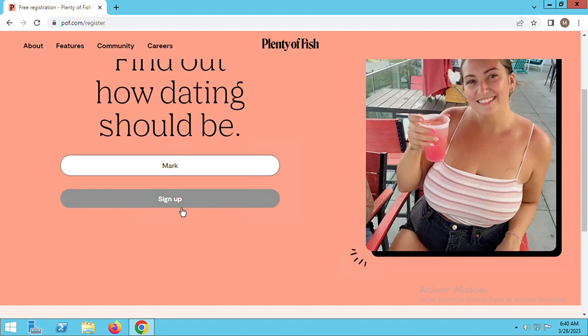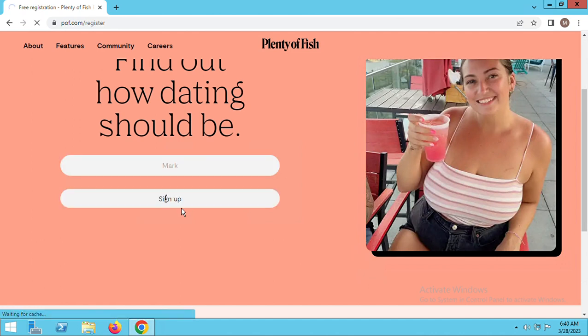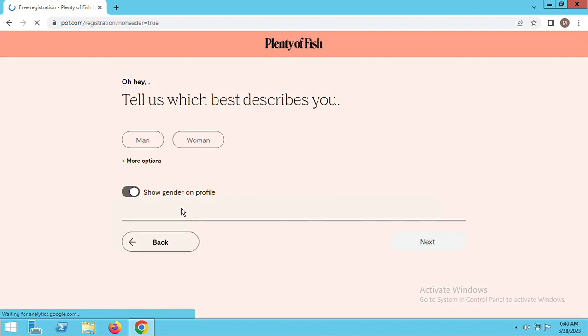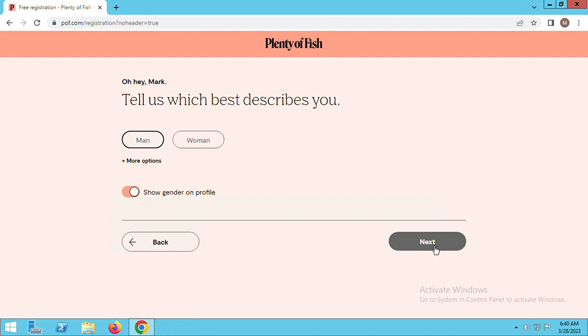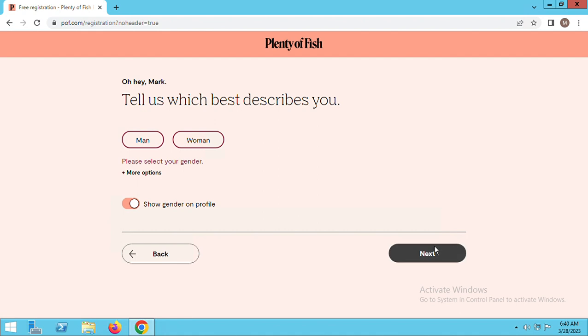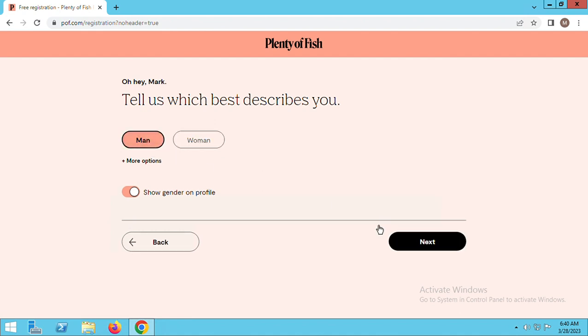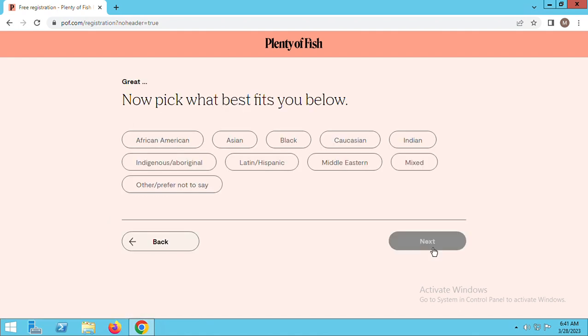We're going to click on sign up, and it just rolls on like that. So my gender is male, so I'm going to click on male, and then I can click on next. Okay, have to select it again. So now